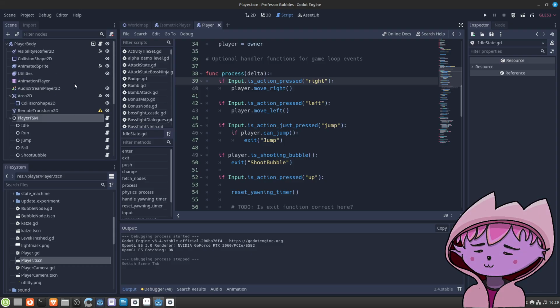The way this particular player controller is made, it's directly inside the state machine, and I feel like this could be done maybe slightly better.